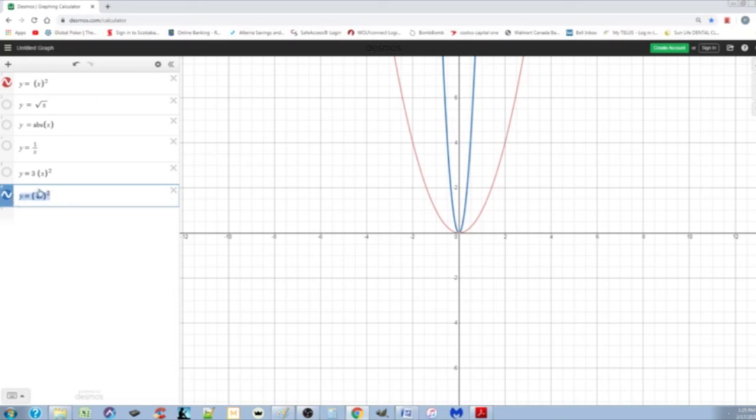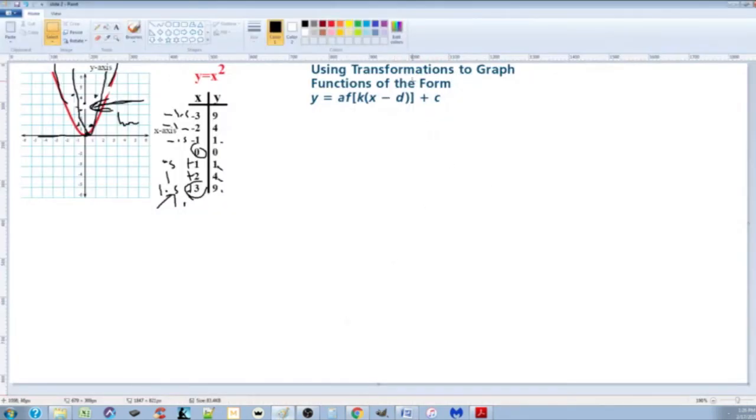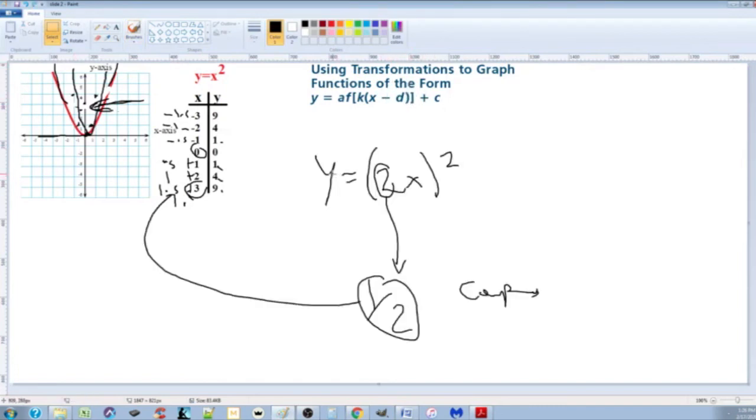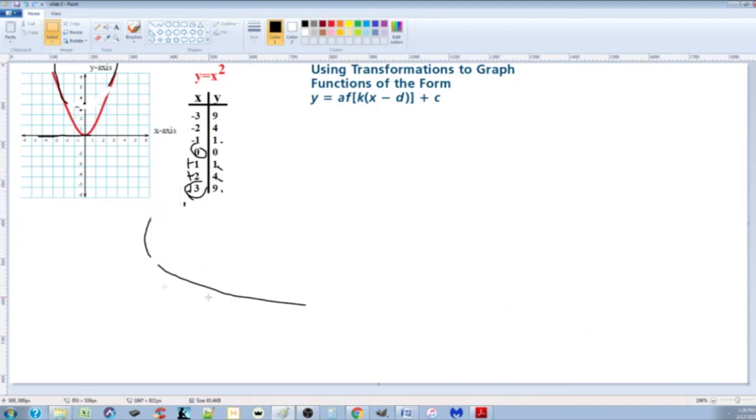Let's look at some translations. So we're now going to deal with this d value. We're going to look at some translations. And I didn't quite do what I wanted to do, but that's okay. What happens if I